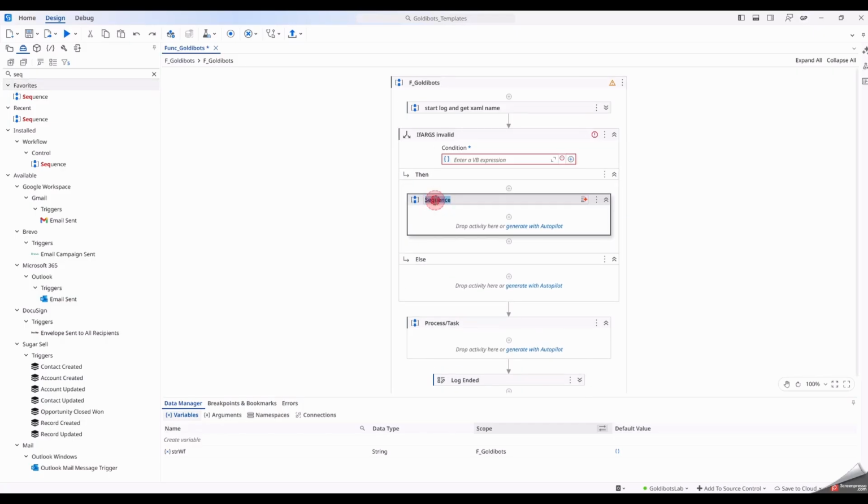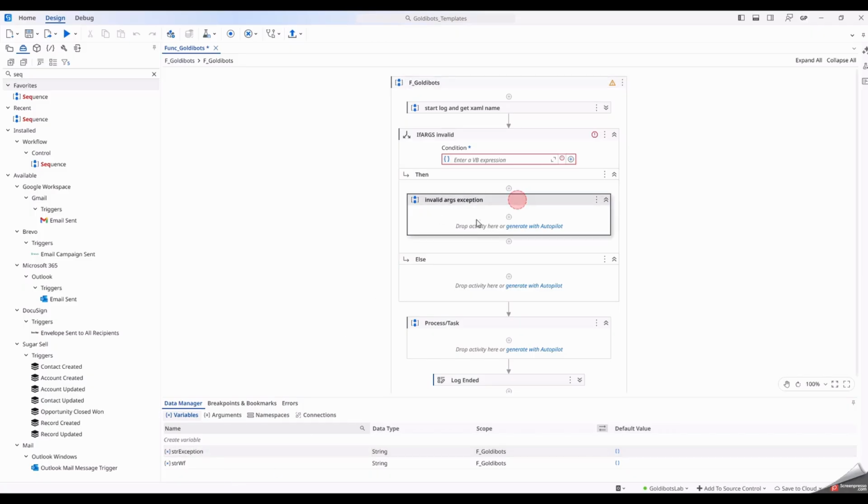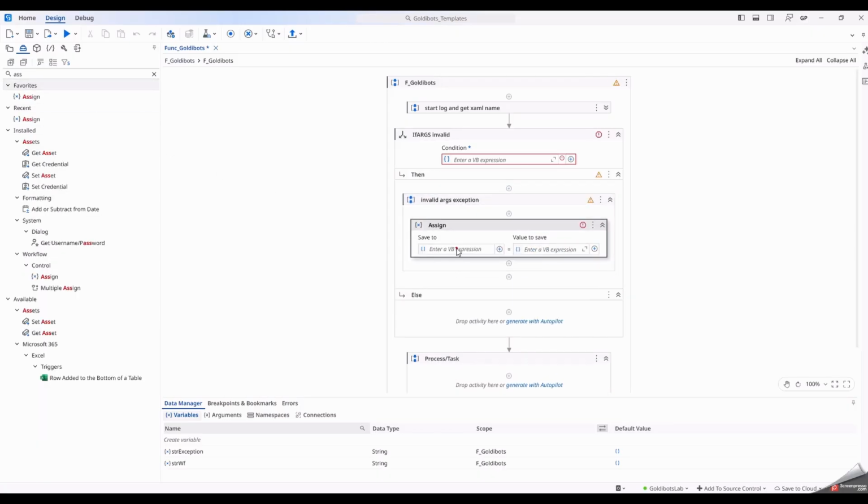So this is going to be invalid args exception. So we're going to use now another variable to hold our exception values in, because we're going to use it throughout. So let's click on the scope, create a new variable. This one we're going to call exception. So inside here we can now assign something into that. So str exception is a system exception,